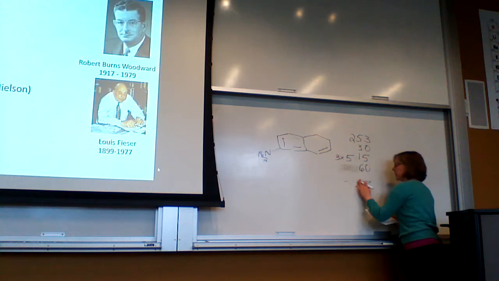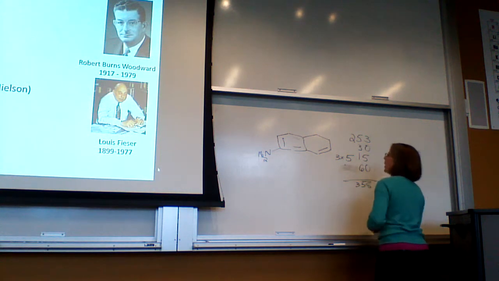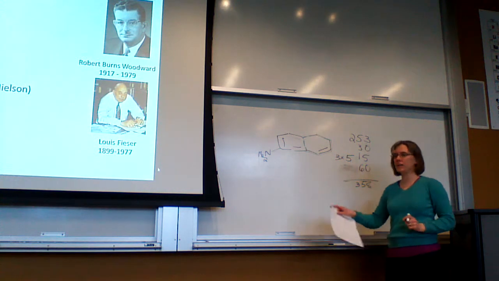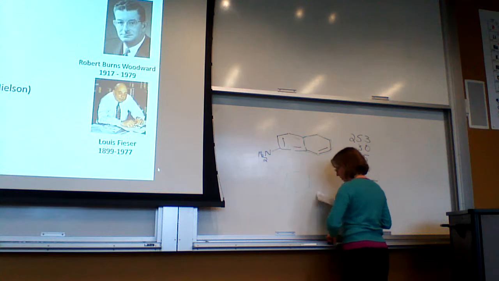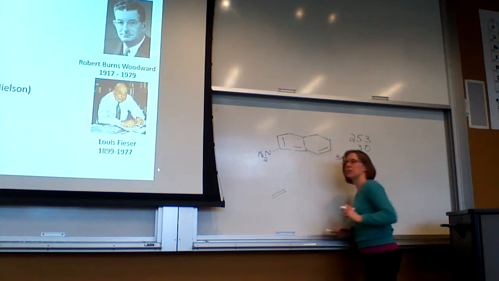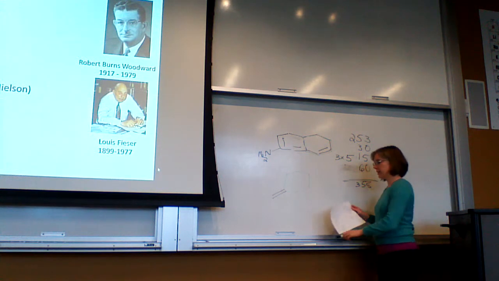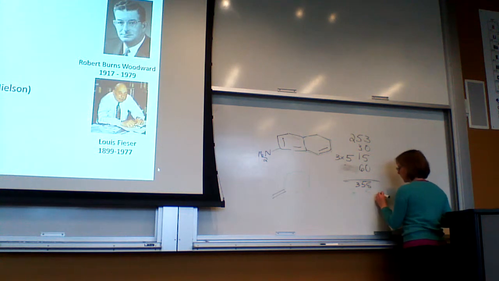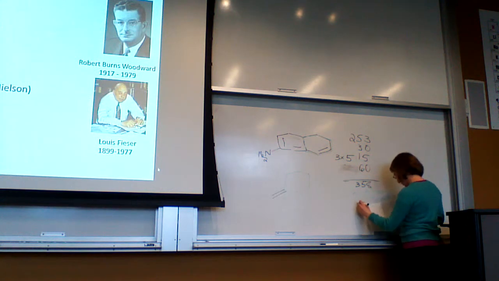I neglected to add in the exocyclic double bond. So if we look at this ring here, there is a double bond that is exocyclic to that ring. One of the carbons is attached to the ring, but the other one is outside of the ring, and so that's considered exocyclic, and for that we need to add 5 more. And this takes us to a value of